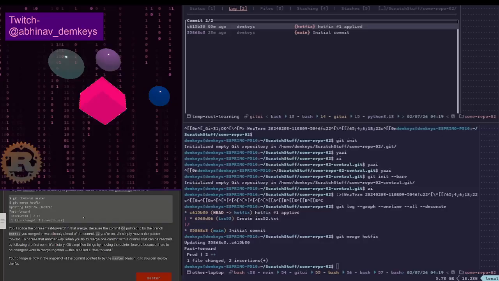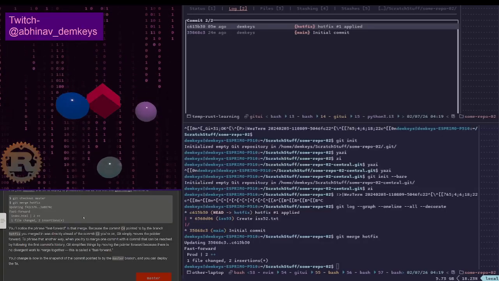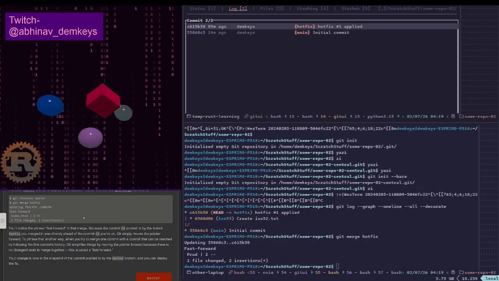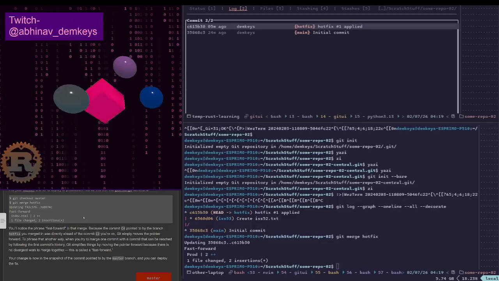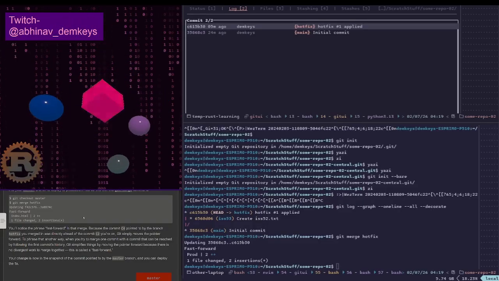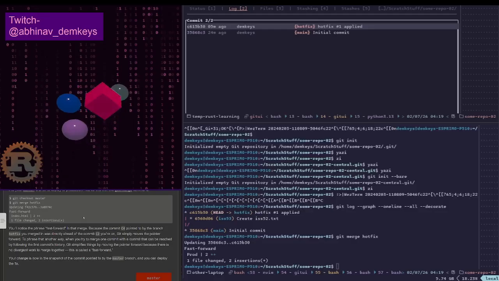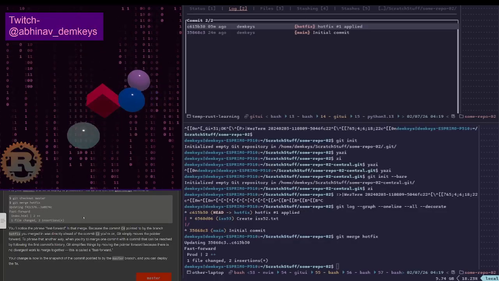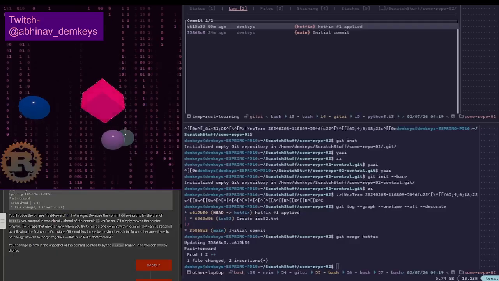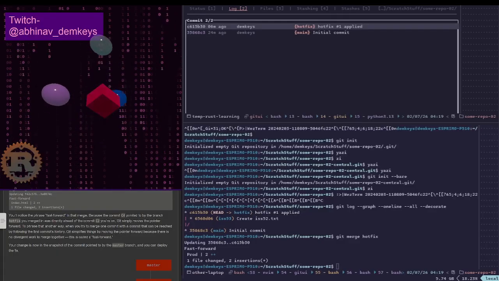So if the merge is relatively simple to do, then Git will take the easier method. Otherwise, it probably has a more sophisticated method that handles conflicts or complex merging. Your change is now in the snapshot. Let's see what the graph looks like.